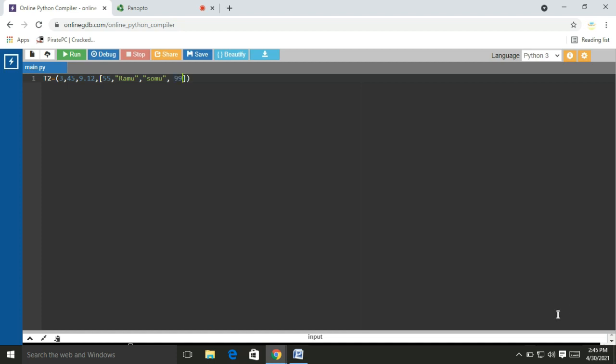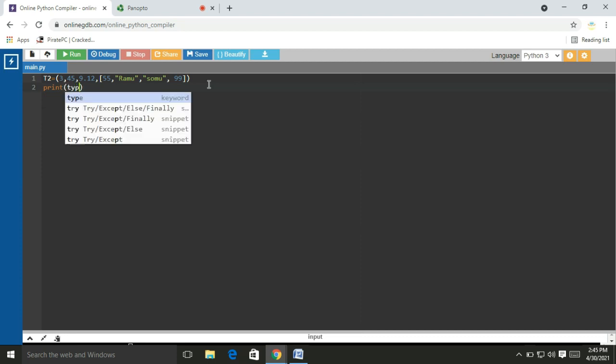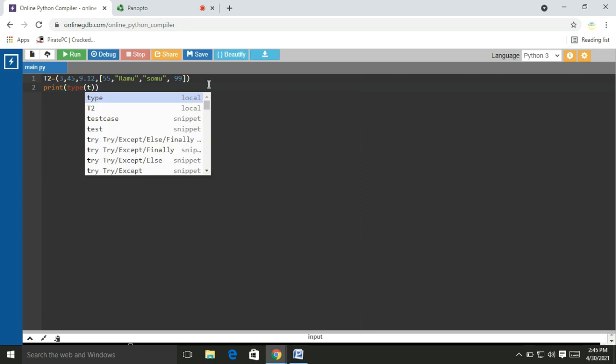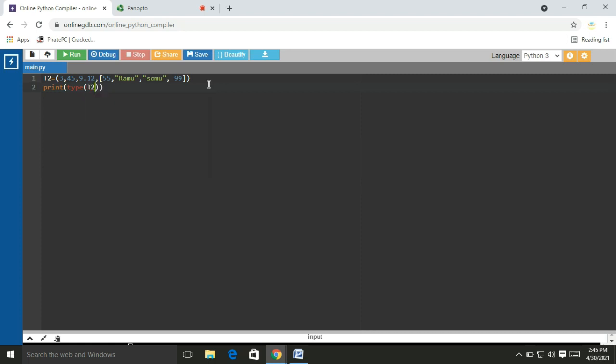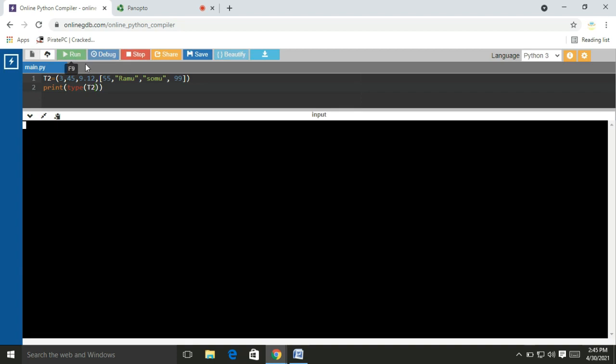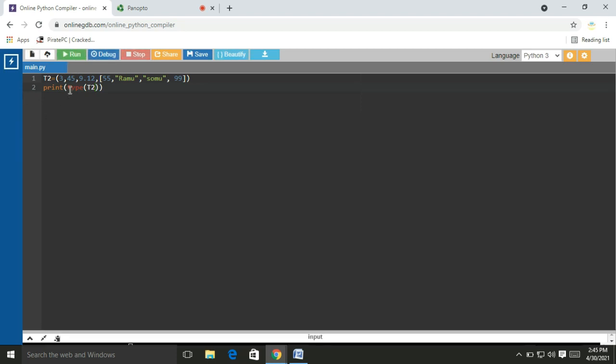I am going to check whether this is a tuple or not: print type of T2. So T2 is a tuple. Tuples are indexable, so I am accessing the list, which is at index 0, 1, 2, the third element.